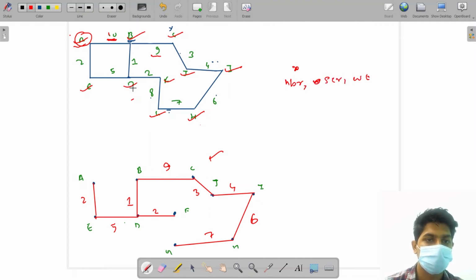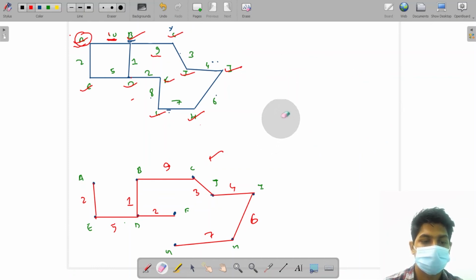Like if I am on node D, then who is my parent, either B or C? So we have to write the source, then the weight of that edge. If I am using D to B, if my source is B, then the weight will be 1. If my source is C, then the weight will be 5. So this is what we have to write over there. Okay, let's do that also.